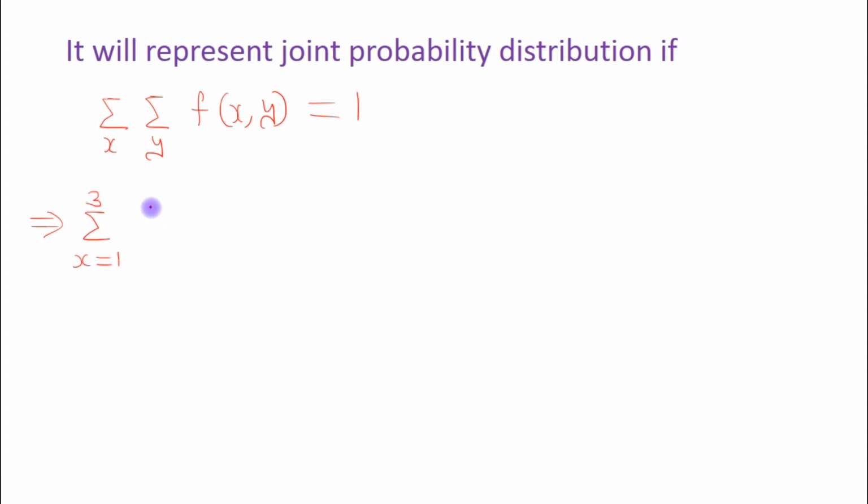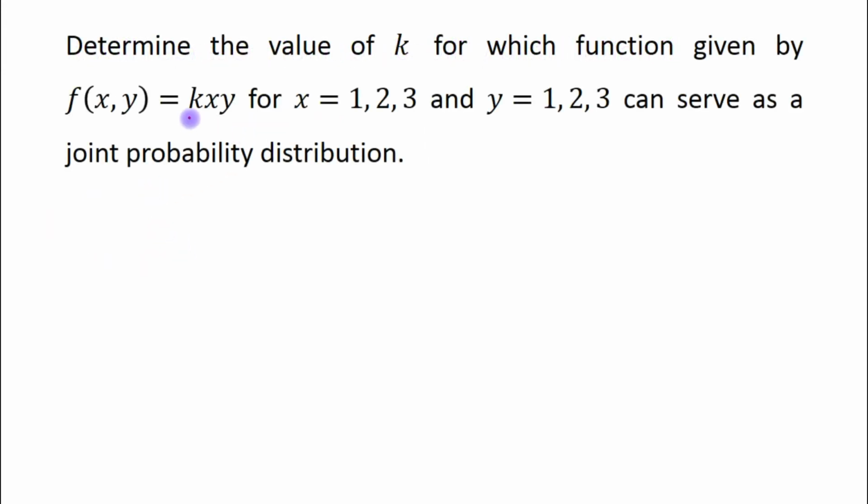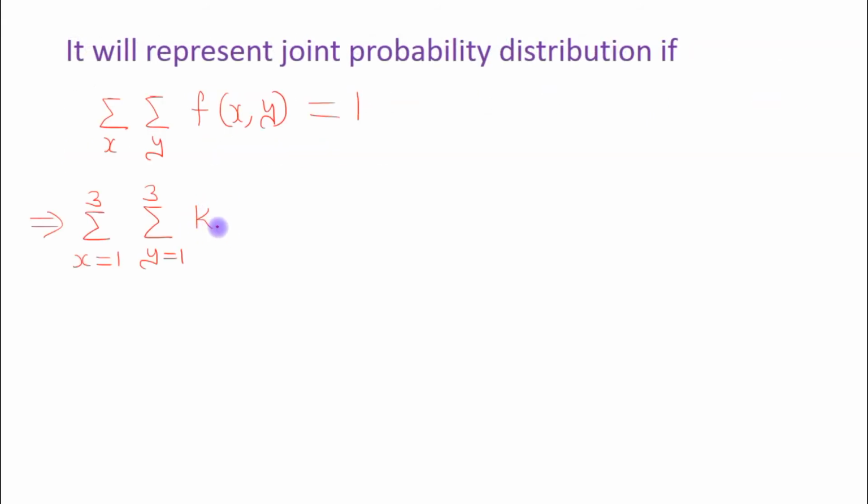In the same way, y equals 1 till 3 and f(x,y) is given as kxy, so kxy equals 1. In the next step,